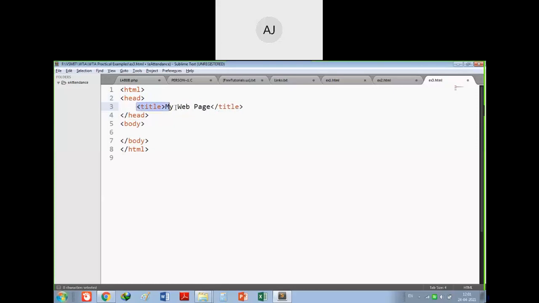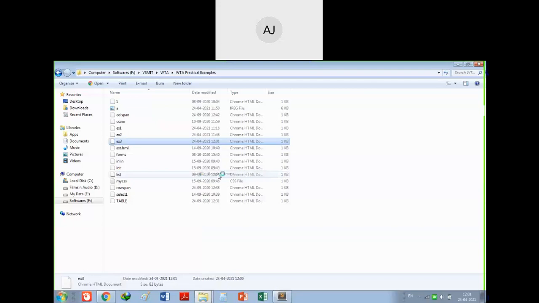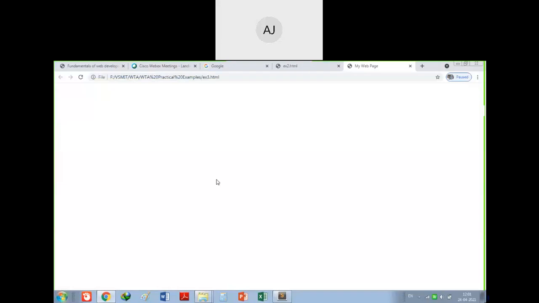Where will this title appear? It will appear as your tab name, whatever the Google tab is. So I will right click on this, open with Google Chrome. You need not go for any WAMP server and all for this. HTML programs can be executed without any server.